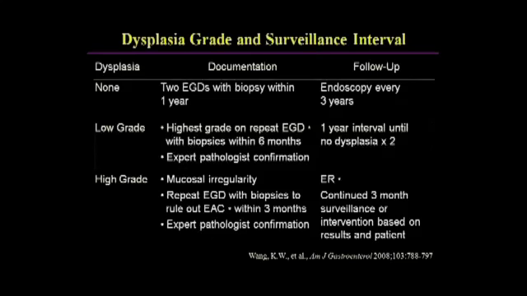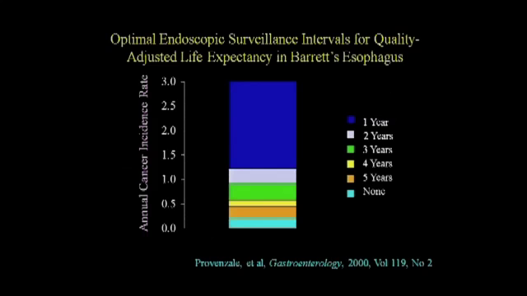I'll show you in a moment that that number ought to be softened a little bit. If you have low-grade dysplasia, it ought to be repeated with biopsies within 6 months, confirmed by an expert pathologist, and then perhaps 1 year until no dysplasia is identified. These days, that's often treated. If you have high-grade dysplasia, the current recommendations are a therapeutic intervention by and large, not surveillance. Although if you are going to surveil somebody with high-grade dysplasia that perhaps is high risk, it would be every 3 months. So basically, every 3 years if there's no dysplasia, and more frequently if there is dysplasia.